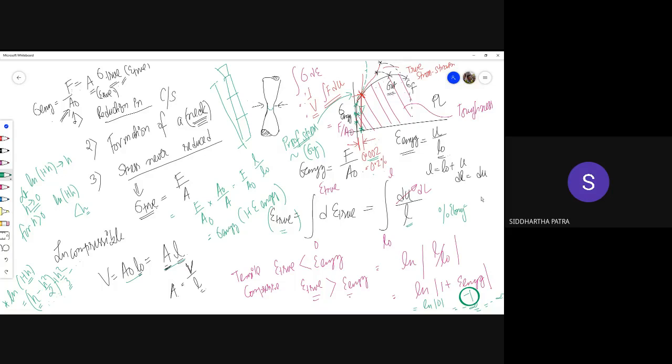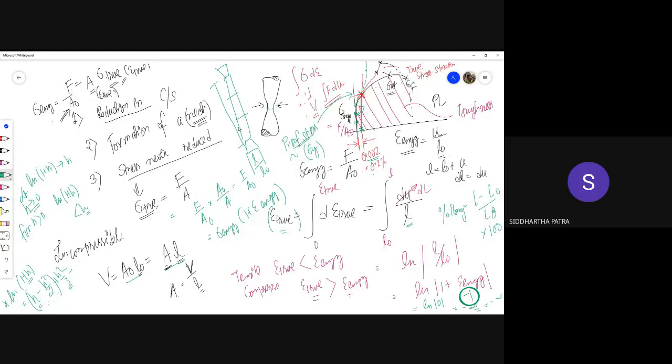So for percentage elongation, what we do is we measure the original length. Let's say that is 165 millimeter, and after the fracture, we join the two broken specimens and we measure that narrow region, from the end of taper to the beginning of taper. Okay, that portion. So let's say that is L. So (L minus L0) divided by L0 times 100. Okay, so that's our percentage elongation.